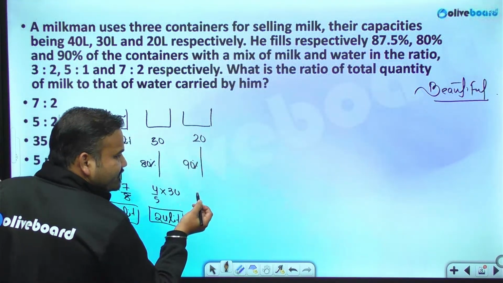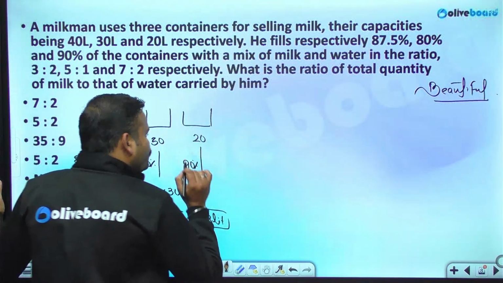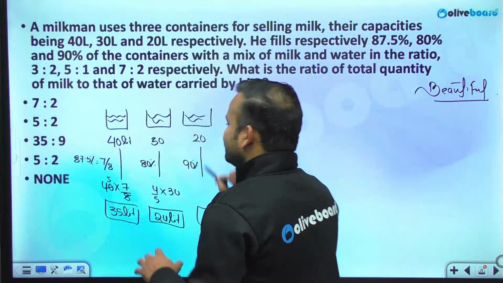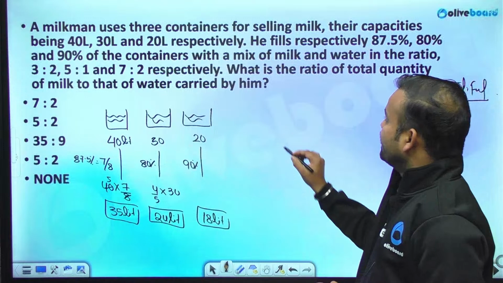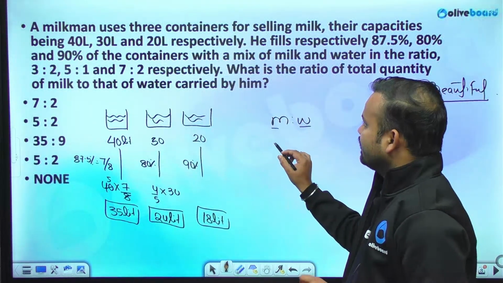So 90% is what? 90% is 18 liter. Though this was the capacity, it was not completely filled. They were filled with this much percentage or this much liter. Now the ratio of milk and water: the ratio of milk and water in this entire container are in the ratio of 3:2,